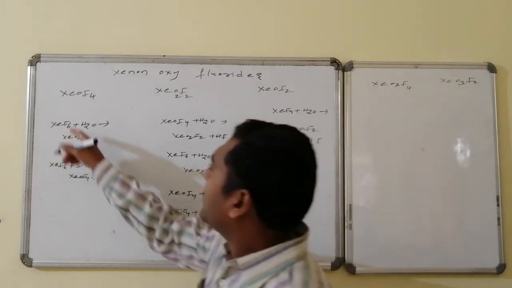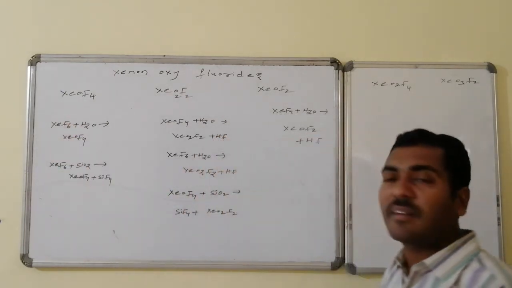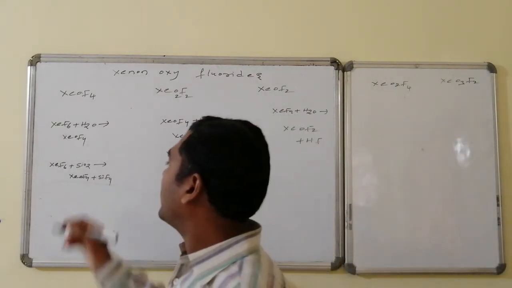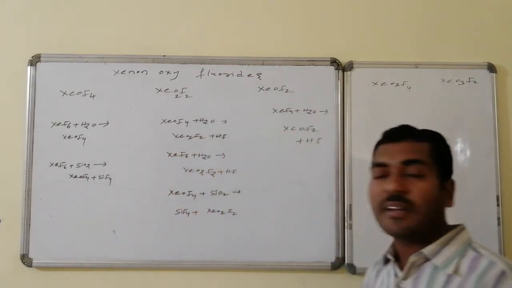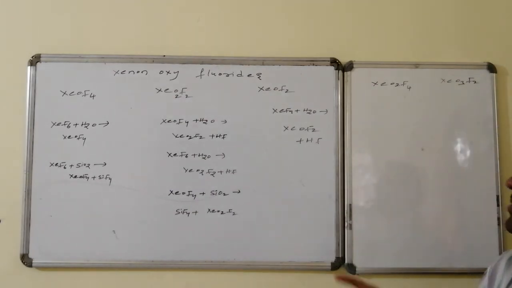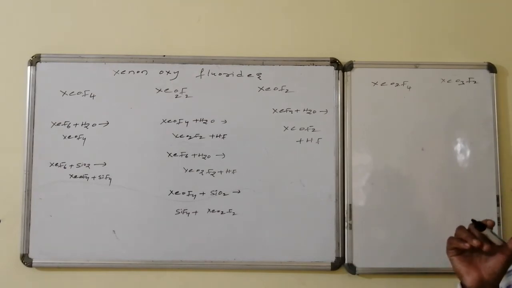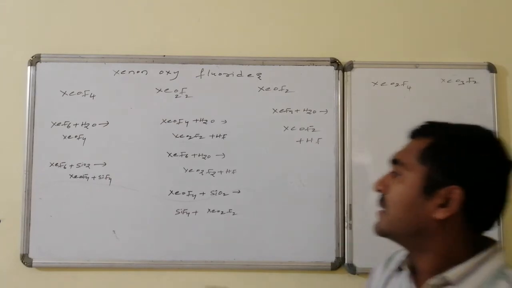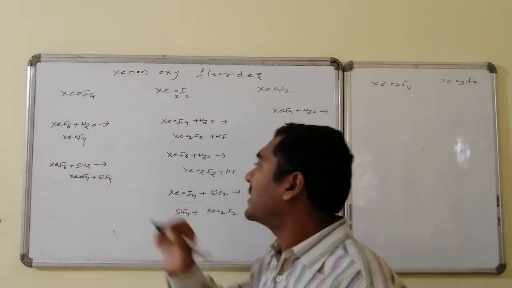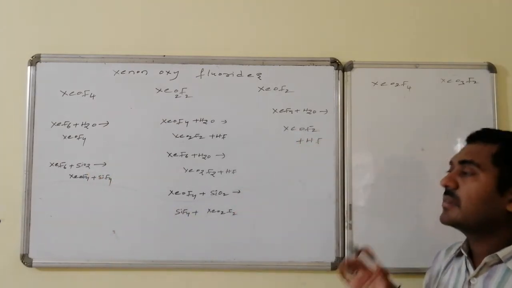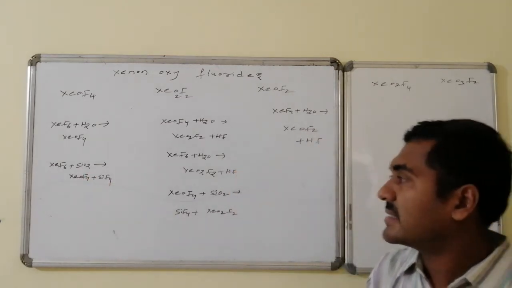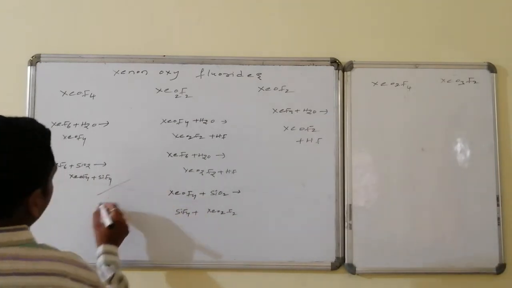Preparations: these are prepared from xenon hexafluoride on hydrolysis with water, otherwise on reaction with silicon dioxide, which leads to the formation of xenon oxytetrafluoride followed by silicon tetrafluoride, and hydrogen fluoride formation takes place. If we look at the reaction conditions, it is a non-redox reaction. Silicon maintains +4, fluorine maintains -1, whereas xenon always maintains +6. Hence it is a non-redox reaction.